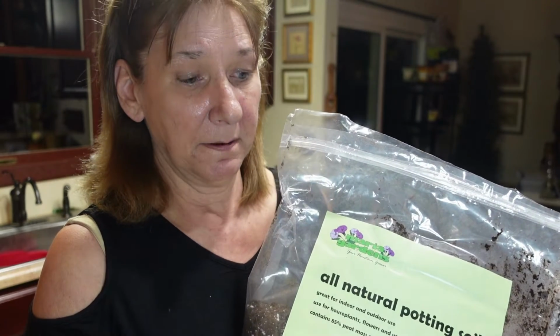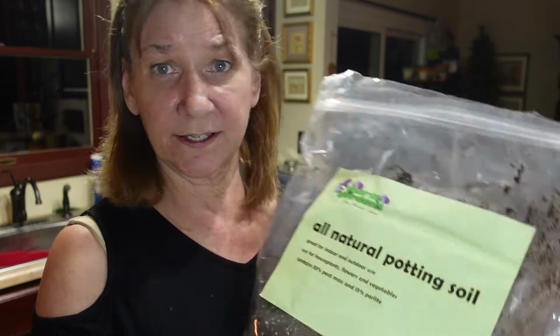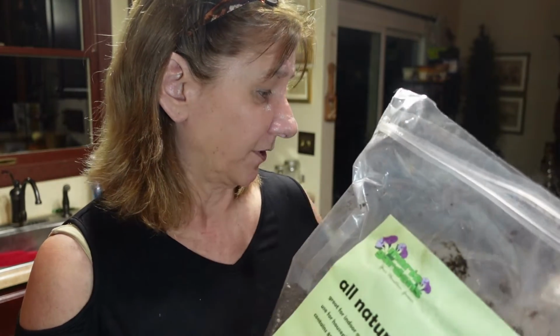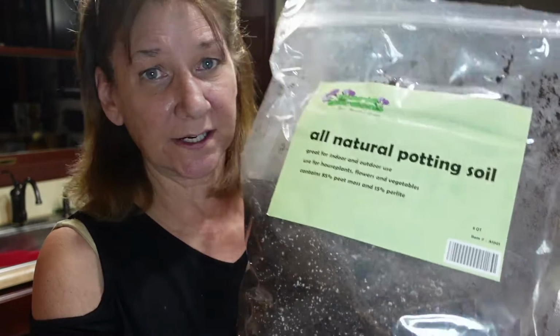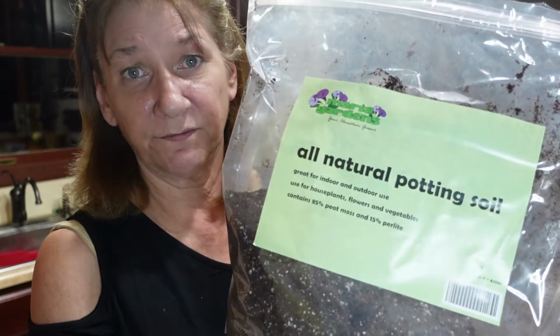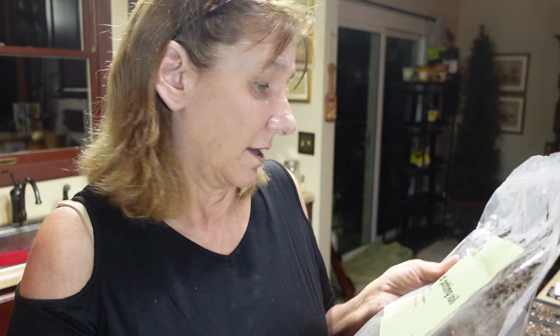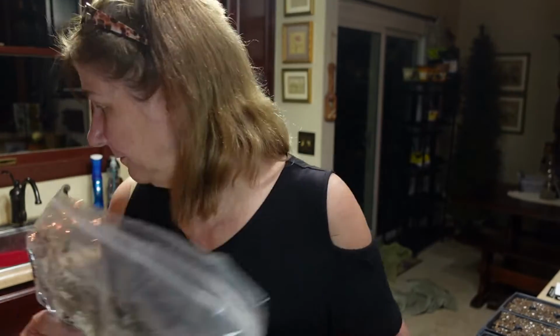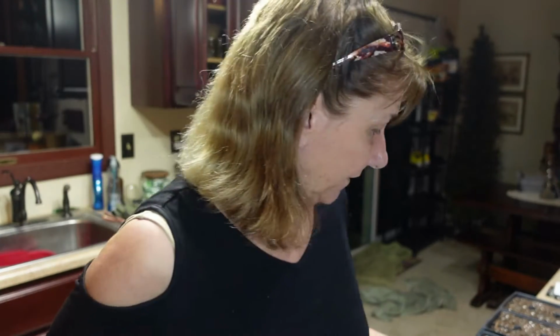seed starting mix, it's usually like 6 quarts for $7.99. And one of these 8 quart bags filled up one tray. So there's no sticks in here. It's a nice fluffy potting soil, and it's a potting soil. Anyhow, okay, so I went ahead and filled up